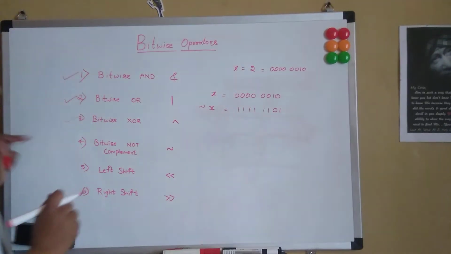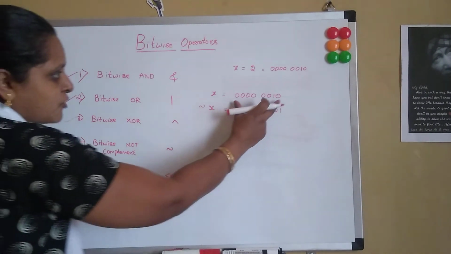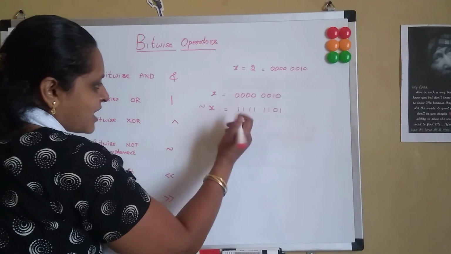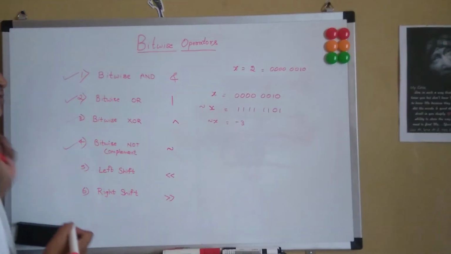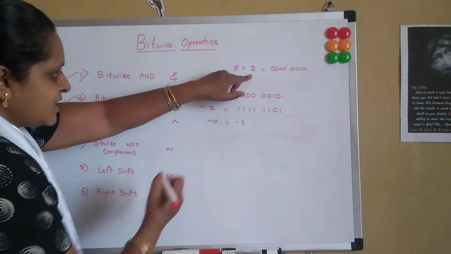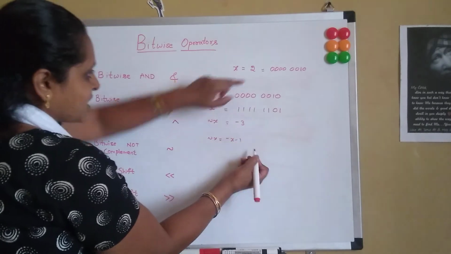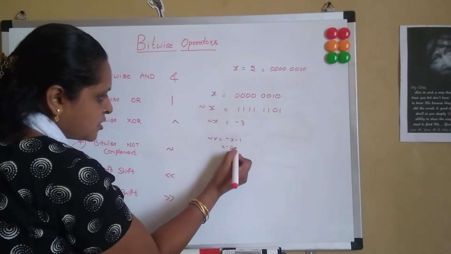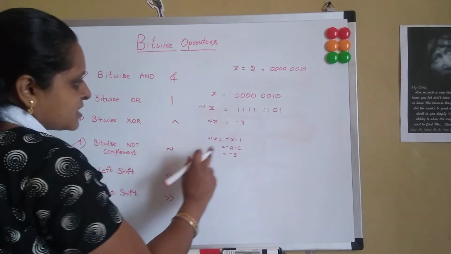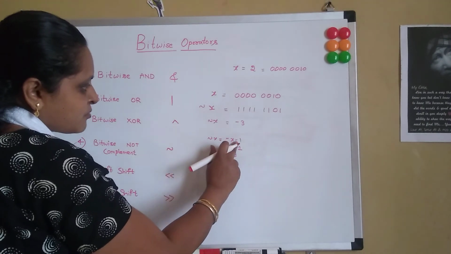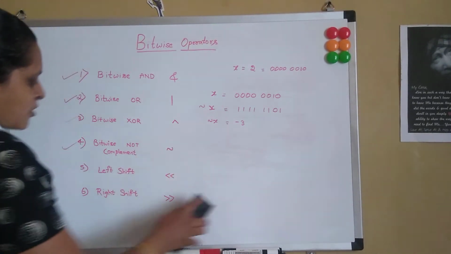So the bitwise NOT of x will have this particular value. So for 2, when you see in the IDLE, you get the value equal to complement of x, you get the value equal to -3. So for any number, the complement will be equal to minus x minus 1. So it is nothing but -2 minus 1, which is equal to -3. Suppose my x is 4, then complement of x becomes -4 minus 1, that is equal to -5. So this is how the complement works.